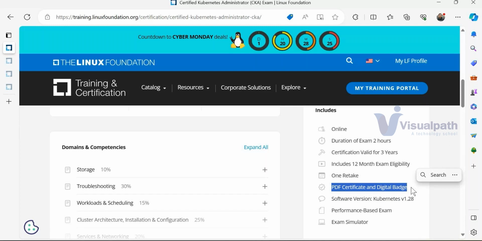All right. So this is how we will also get our CK certified in a PDF, and it would be our digital badge. Digital badge means they'll give you some digital badge. It's again a digital thing. That logo you can put on your CV, right? That is the badge. You can attach the badge with your CV and upload your CV on whichever job portal you are on, if you're seeking a new job or new opportunities.